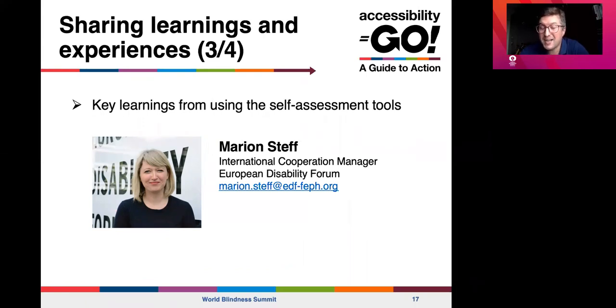We are so delighted to have EDF with us today, and I'm saying journey at the beginning of my sentence when I introduced you, because the first time we started to talk around that, you told me accessibility is a journey, and we've been into that journey for quite some time now, and we have gathered so much learning around that, and it's such a pleasure to have you here, because some of the learning you would like to share